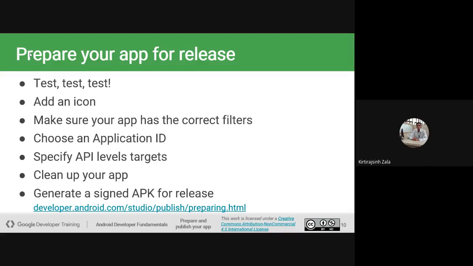So if you say that a user having API level 25 or more, or API level 23, so API level 23 is Android 6.0,